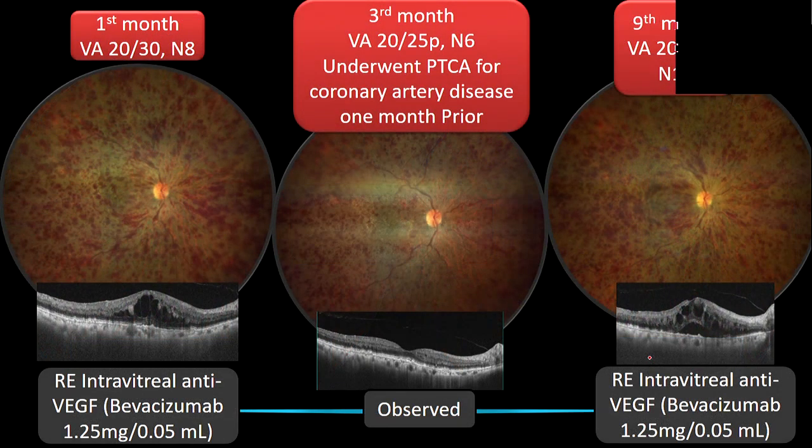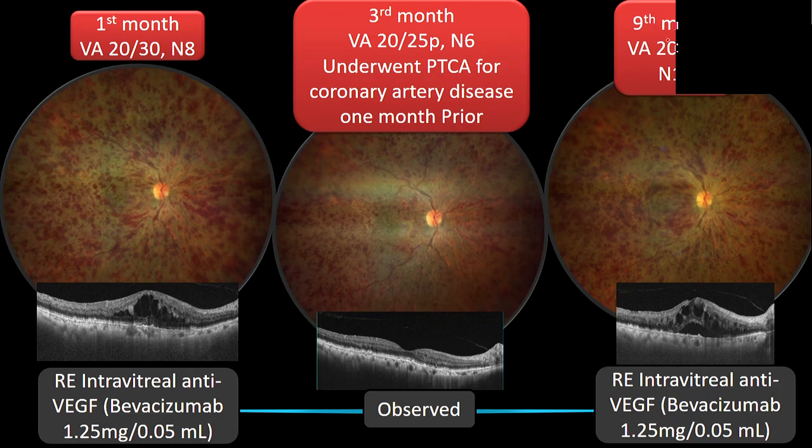Over the period of time, she did improve. She was lost to follow-up for 2 months. She came after the third month. In the meantime, she underwent coronary angioplasty, which was 1 month prior. At this visit, we can see that the superficial hemorrhages that were noted before are resolving, and the macular edema has resolved. Over the period of the next 9 months, she received multiple injections, and to our surprise, again